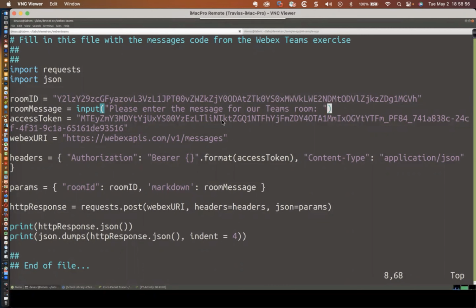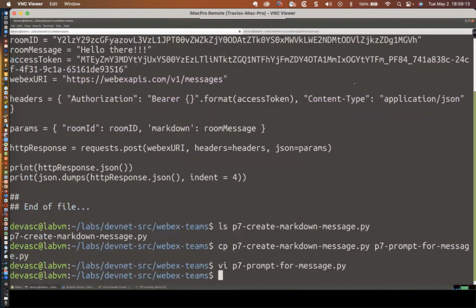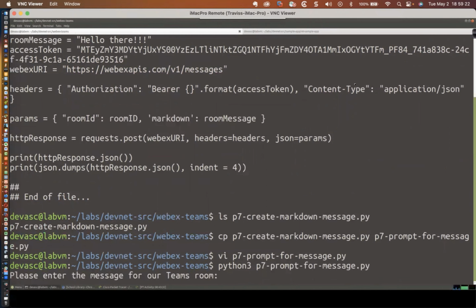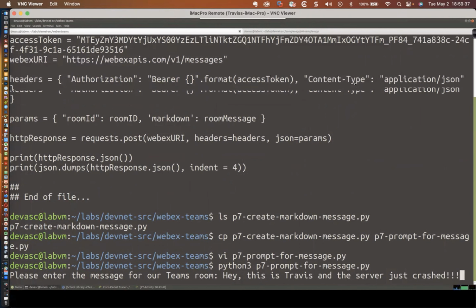So let's run this. Anj, I see it looks like you got booted out, but now you're back. Okay, good. So we've got this line now that's going to prompt the user for some information. Let's make it interactive. Let's run this one. We'll say python3 P7 dash prompt for message. Please enter the message for our Teams room. Hey, this is Travis, and the server just crashed. Whoops, crashed. There we go. So I hit enter,